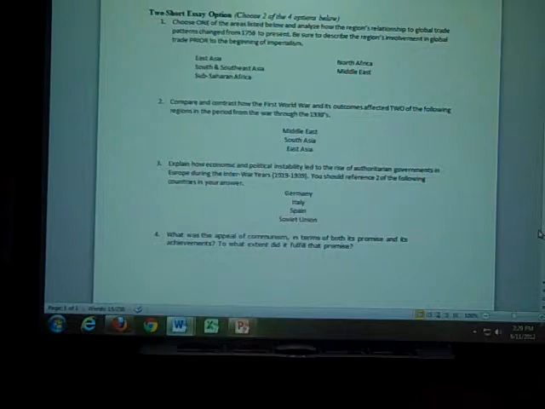Were communes efficient? They kind of tanked, but were they efficient when they existed? Because that could be another pro that came out of communism. Communes work if the people who are living in the commune actually know how to do the job they're assigned to. That's the key. A lot of the Chinese who were assigned to communes went there not knowing how to farm, not knowing how to make iron.